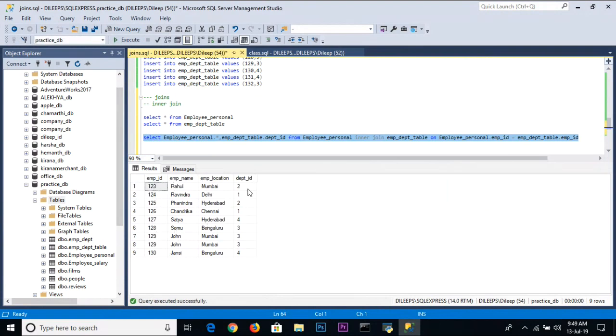now we get employee ID, employee name, employee location, and his department ID. Clear? So first we need a select statement. After that we need to specify the columns. I want to know only the employee name. From the employee personal table I need employee name, and from the employee department table I need employee department. So from employee personal, inner join employee department table on what basis? On the basis of employee ID. So if I execute this statement,